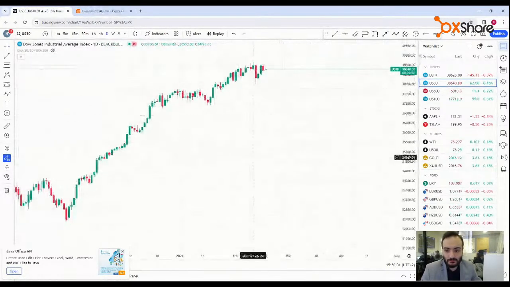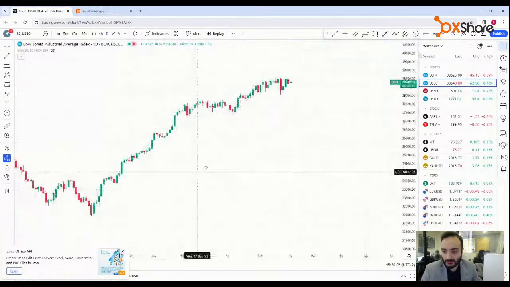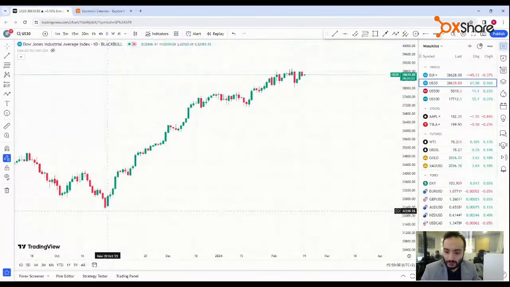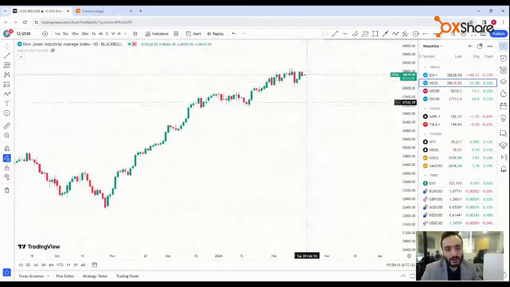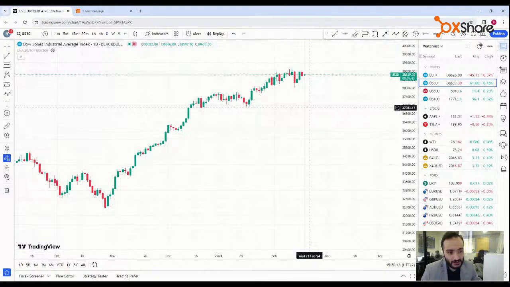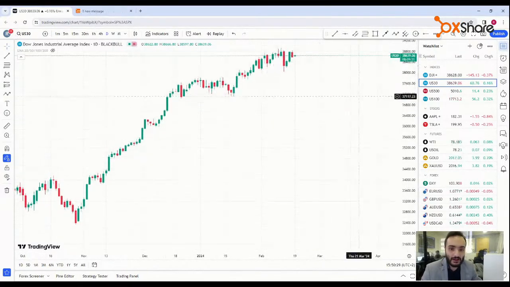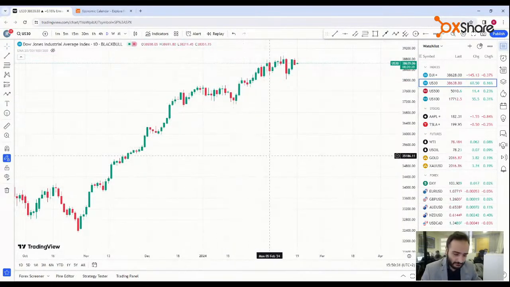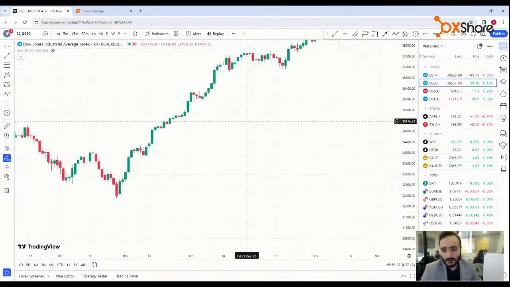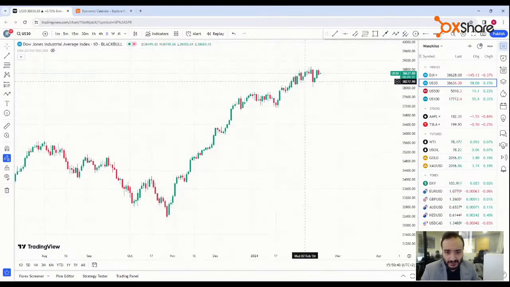So we have this monster bullish move that started back on October 23, and we just kept going and going. This is partially caused by the high expectations of traders that we are gonna cut rates mid this year, and we'll talk about this in a moment. Plus the good financial reporting that the companies reported during the last quarter of the year, signaling better financial positioning for these markets. So this is some fundamental explaining for this monster move that happened on the US 30.